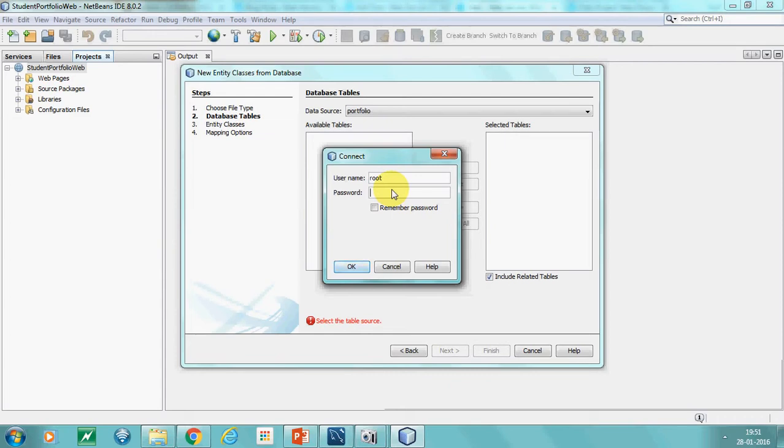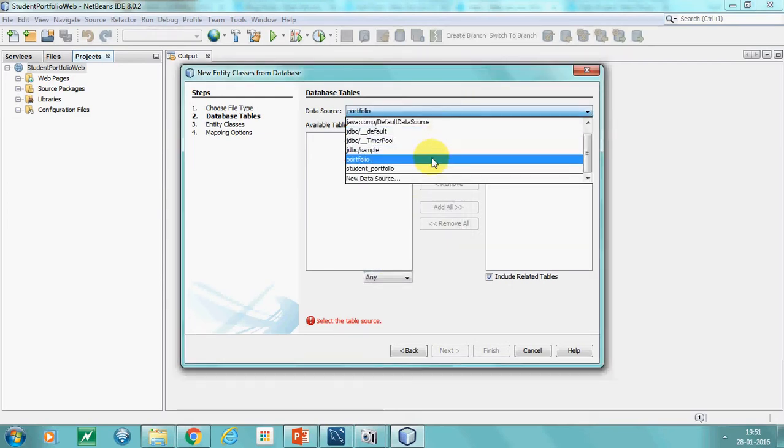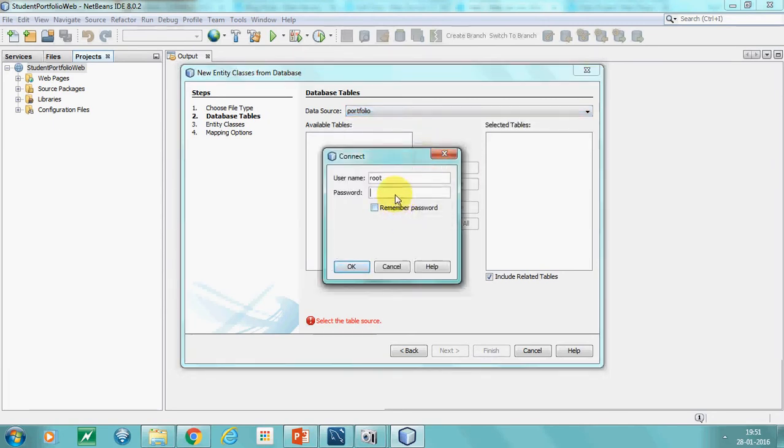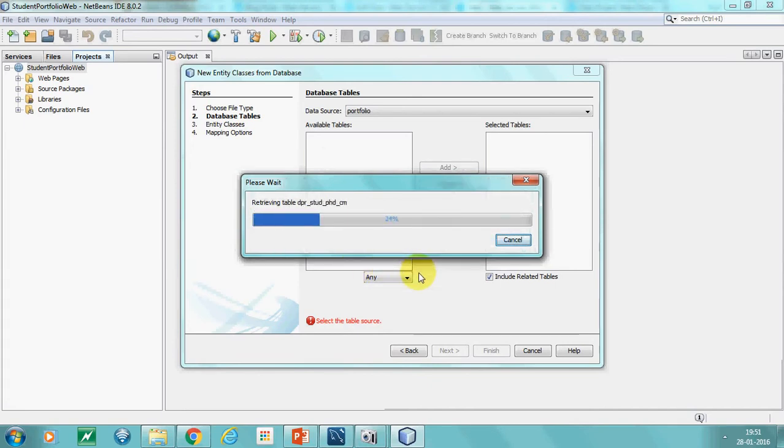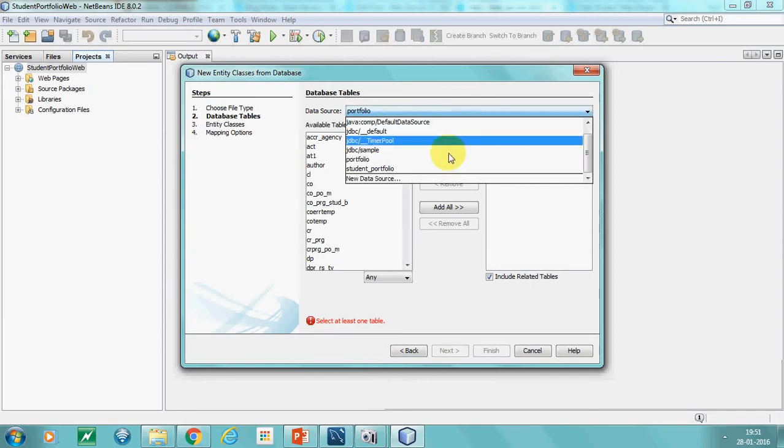We created this database connection with NetBeans IDE and we gave the data source name, the connection name, as portfolio. So from the data source list, select portfolio, and then you have to simply give your password again. This is the MySQL Workbench Server password. Select the remember option, click OK. There you go. Oops, I think I selected the wrong one.